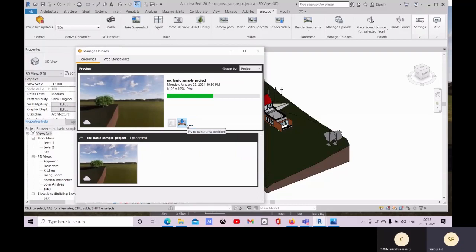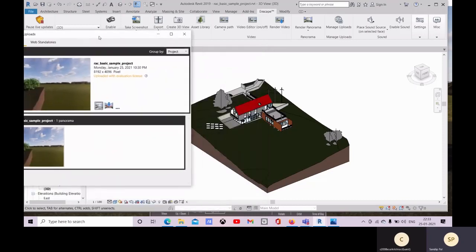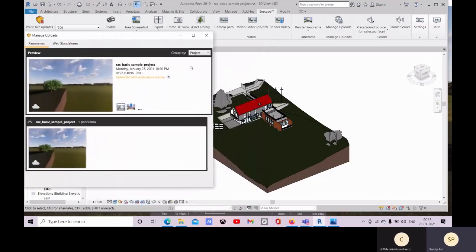your client. Or else, suppose you are constructing and you have exported an interior panorama, and outside of any room which is being constructed you post this QR code.